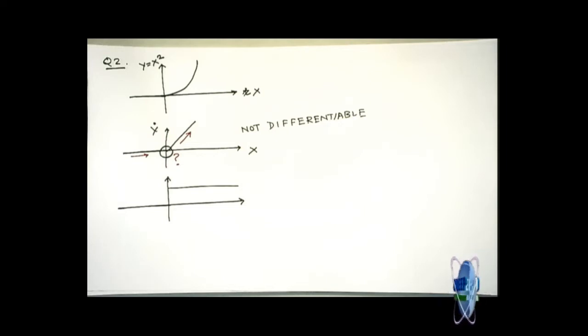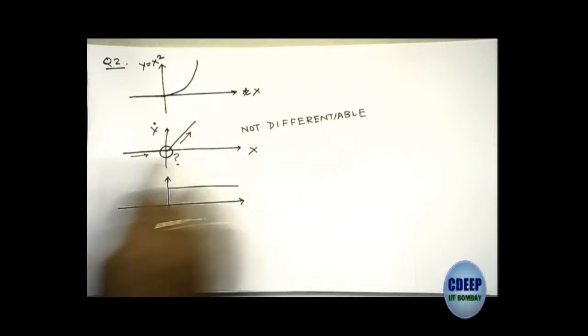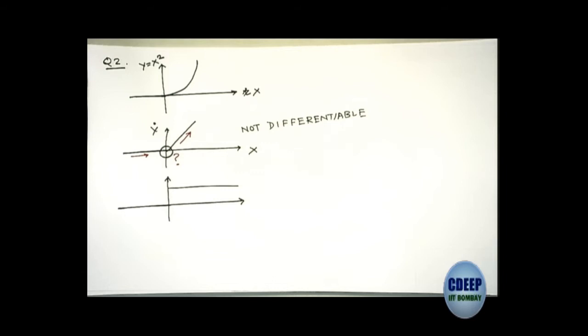Pardon? Whether the second function is not differentiable or third one is? The second one is itself not differentiable. Third one is not even continuous. Second one is continuous but not differentiable. But if we take the differentiation of 2x, we get the 2, that is constant function. So that is differentiable. 2x is differentiable if the function is 2x, but this function is not exactly 2x. It is 2x for x positive and it is 0 for x negative, which is not 2x.